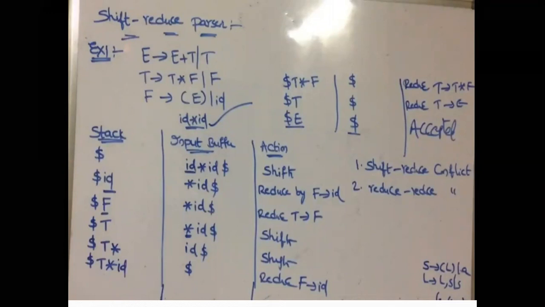So this problem is known as the reduce conflict. In that situation we are performing only one reduce operation, so we have to construct the parse tree in the correct order. So when three reduce statements come, we are performing only one reduce operation.